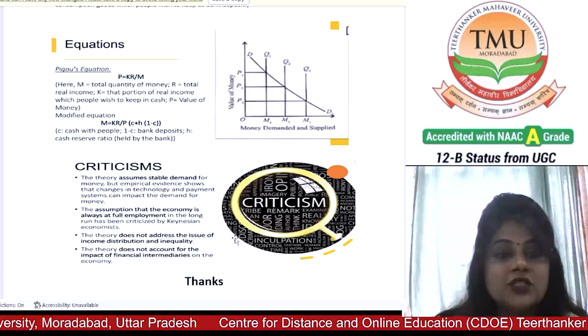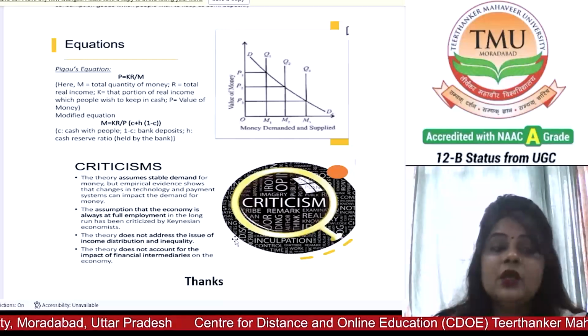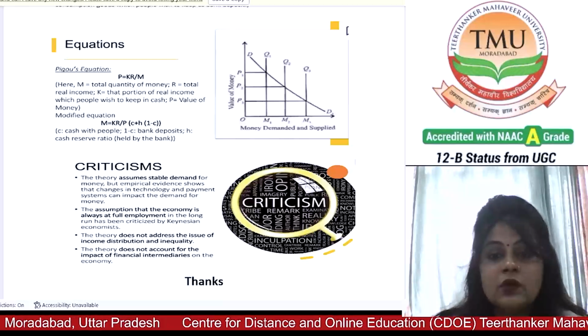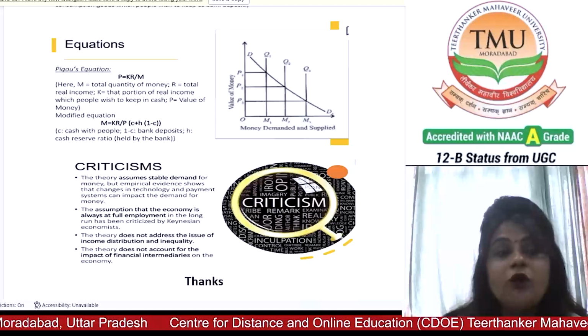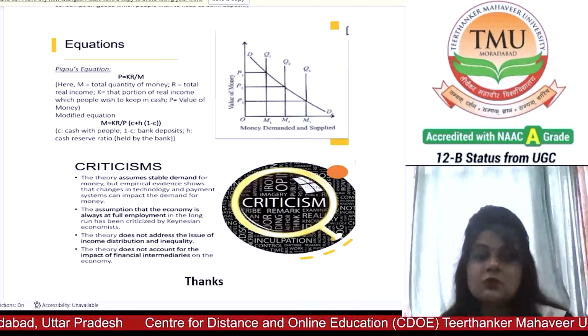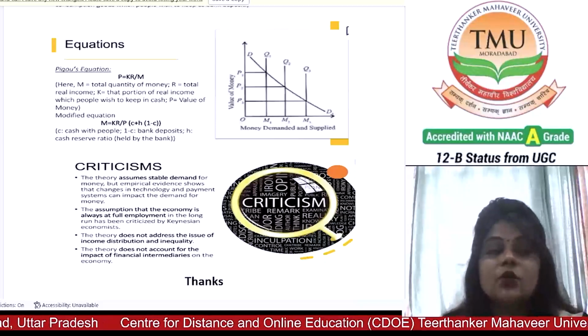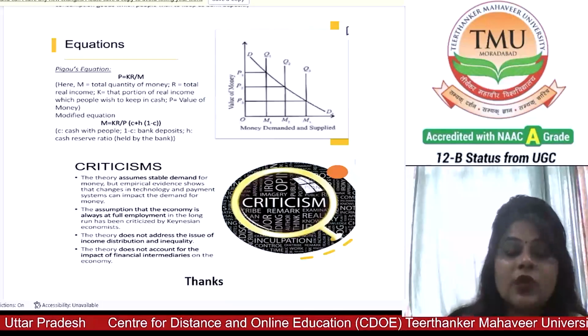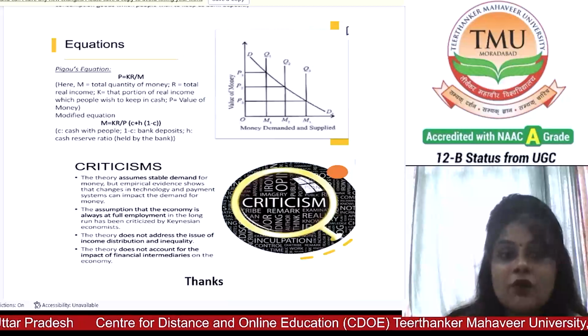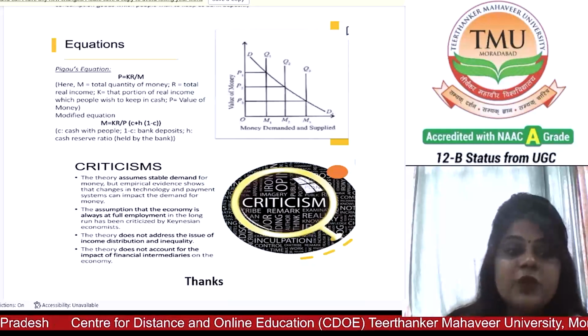So Marshall's cash balance approach was further developed by his student Pigou. Pigou is the student of Marshall, and his version also seems very good. First of all, he also says P is equal to KR upon M, where P is the purchasing power of 1 unit of money. K is the ratio of money which is